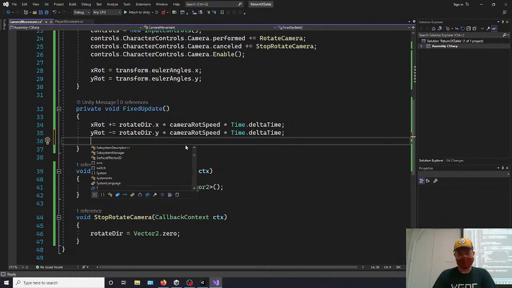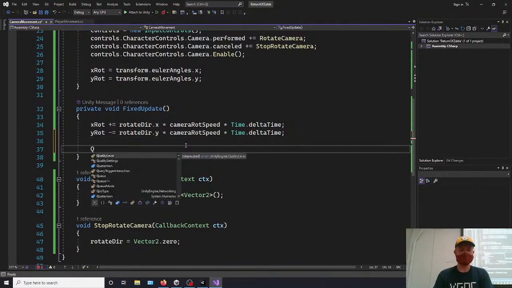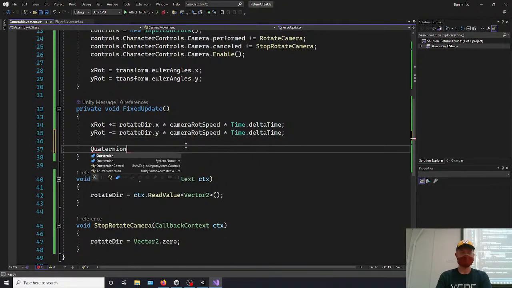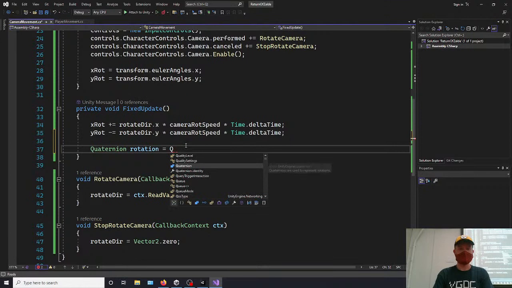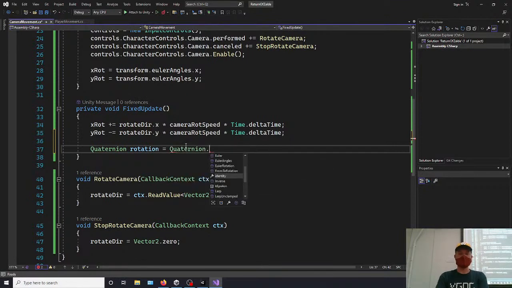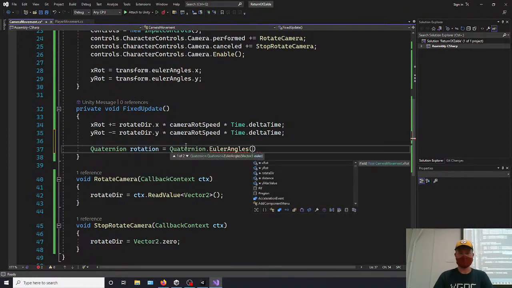Okay, we are now using quaternion rotation. I love quaternions. No, quaternions are bad and evil, and I don't like them. I wrote a 3,000 word paper on them. I hate them. Are you familiar with the IB program? Bro. My extended essay was on